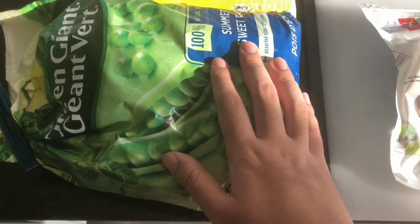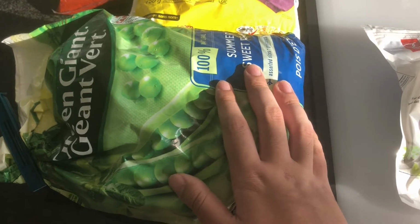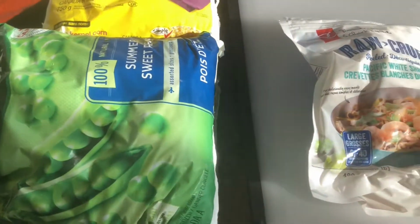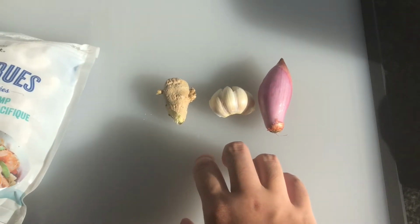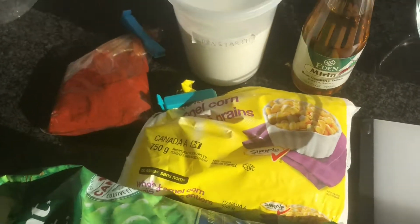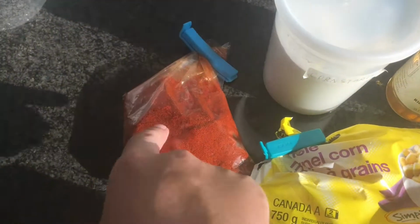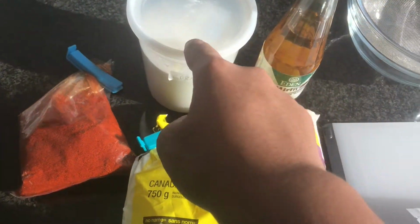So I've been trying to find ways to cook this stuff. But I mean, peas are good. I like peas. And here I have the trinity of aromatics: ginger, garlic, and shallot. And I have some mirin, Japanese rice cooking wine, some chili powder, and some cornstarch, with which I am going